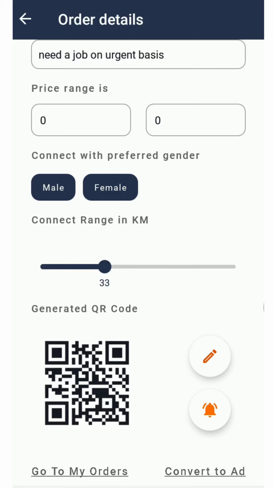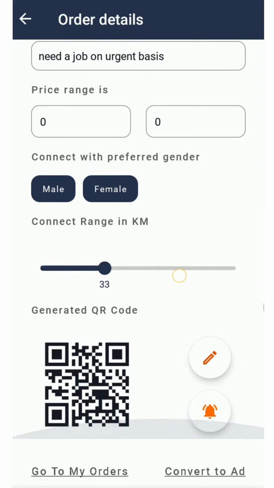So a QR code will be generated. Or if you are a doctor and you are offering your service, simply select your specialization and click on offer and then click on generate order. Then you will be getting a QR code. So in this way, we can generate multiple QR codes for multiple needs.